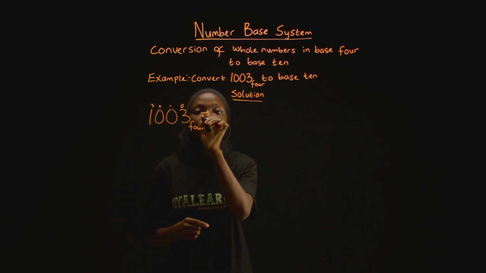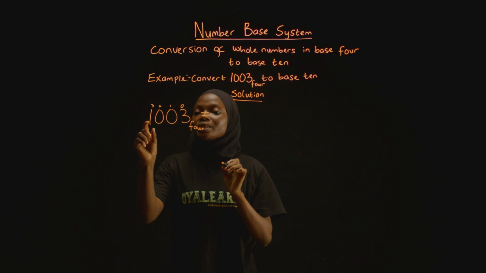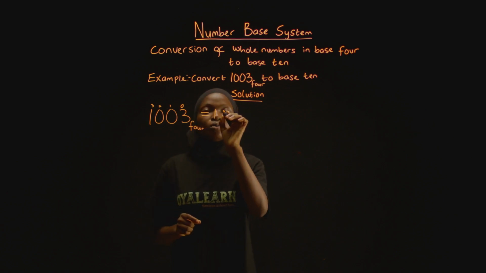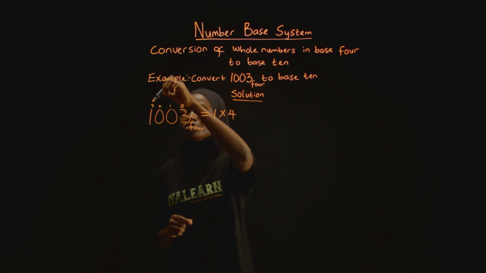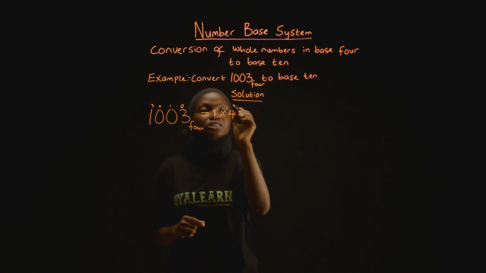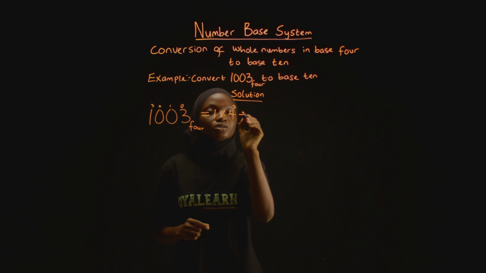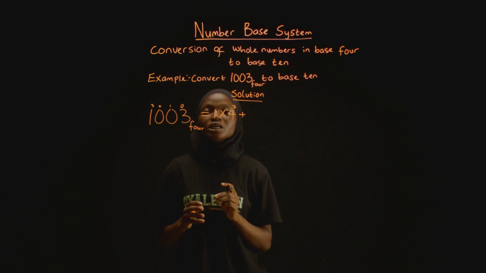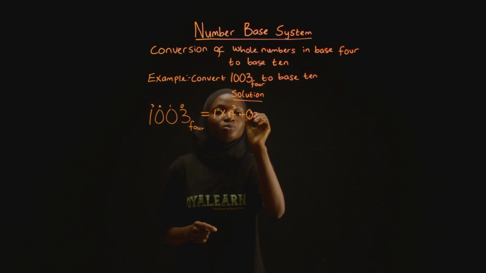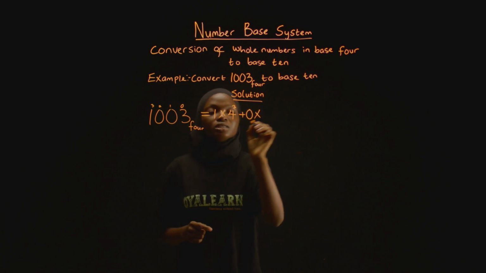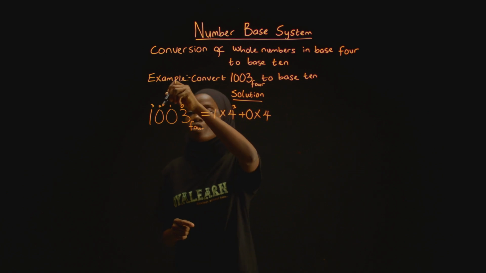Now we solve. Equals, pick the first digit, 1, multiplied by the base, 4, raised to the power of the numbering on that digit, which is 3 here, plus, we do the same process for the next digit, which we have as 0 here. So we have 0 multiplied by the base, 4, raised to the power of the numbering we have on top, 2,